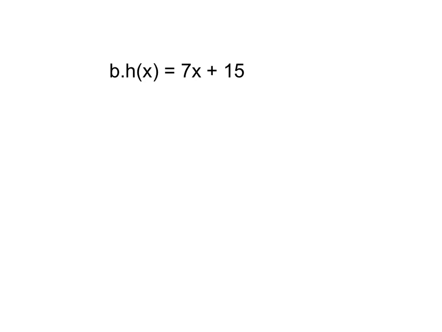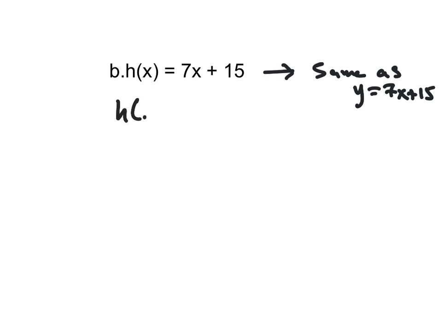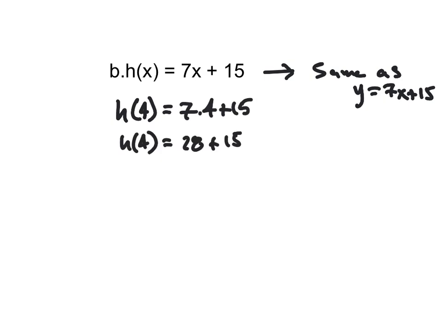This one, you have this function h of x is equal to 7x plus 15. Now again, this is the same as writing y equals 7x plus 15. But we're plugging in 4 for x, so h of 4. Wherever I have x in my function, I replace it with 4 and I do the math. So I'm going to do 7 times 4 plus 15. Then h of 4 is going to be 28 plus 15, which gives us a total value